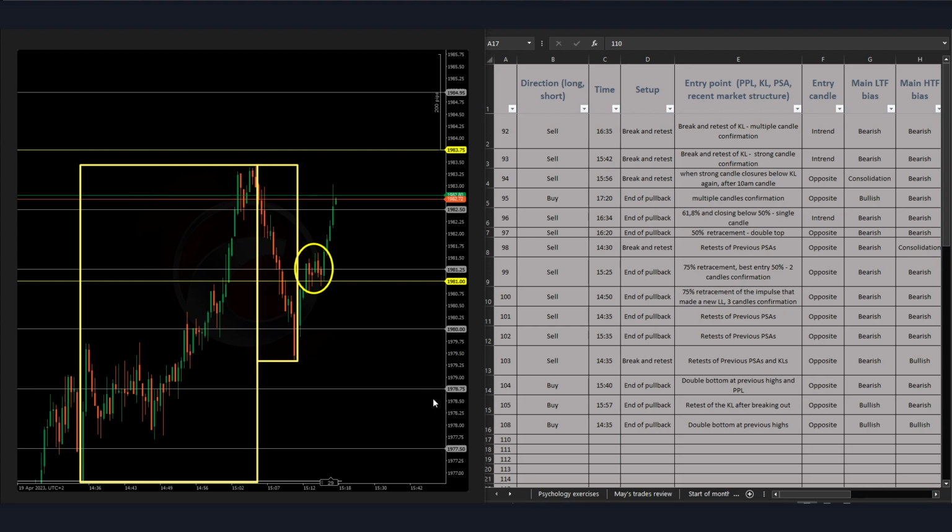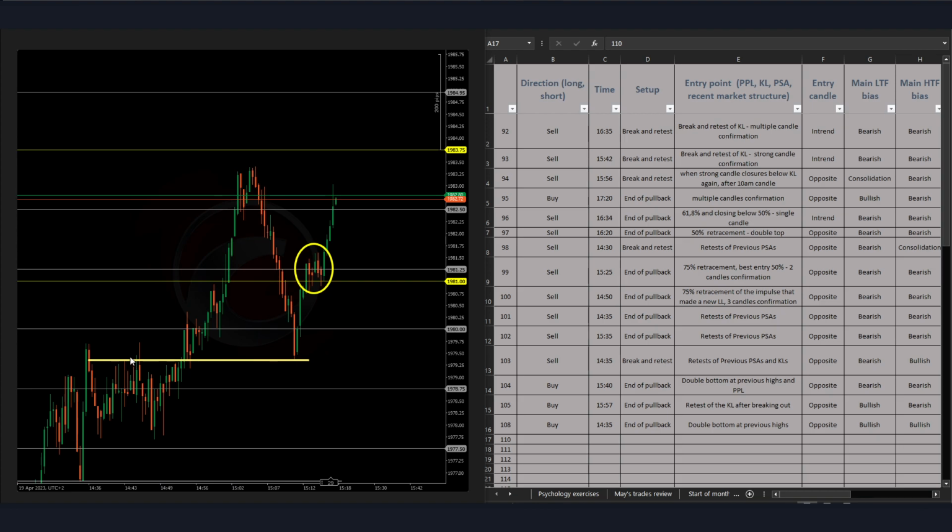This entry would be very aggressive because it's in the middle of the range. There's no real price action. You can't clearly see the previous highs. Yeah, you might see this line, but it can be anywhere with this line. I mean, it's too messy over here to be taken as a relevant PSA. So that's why I highlighted, okay, when the price closes back above this key level, we can take advantage of it. So the entry would be at